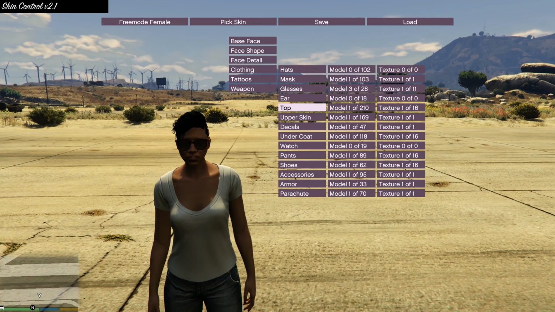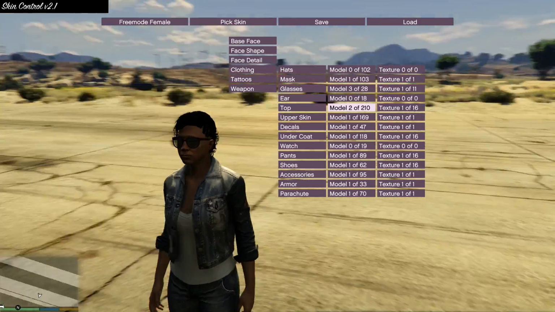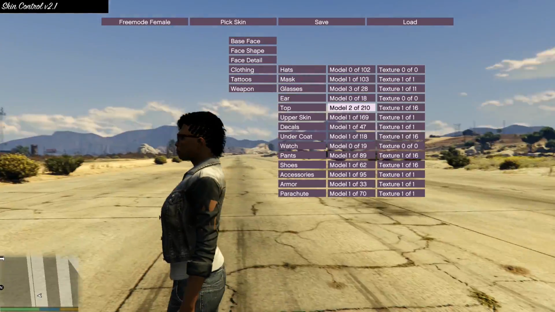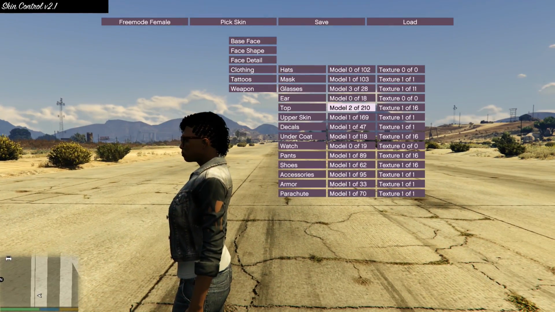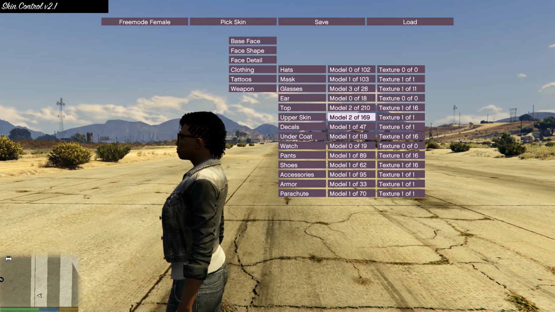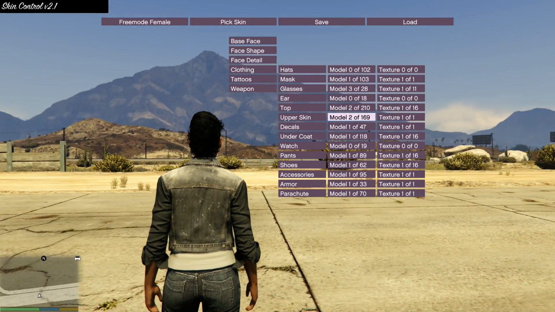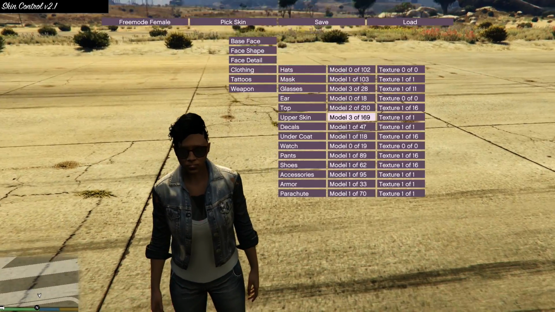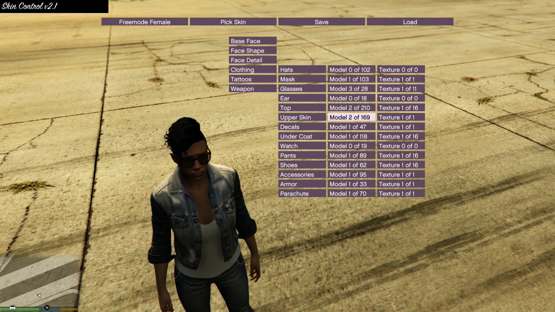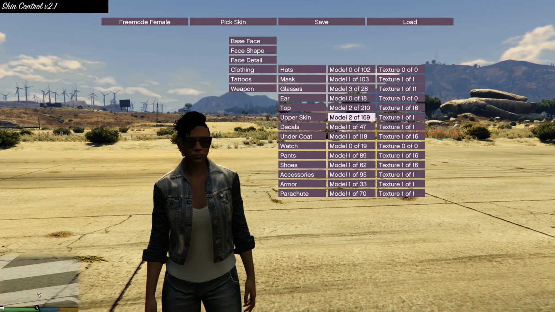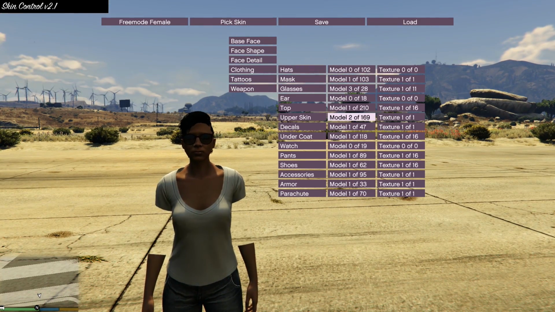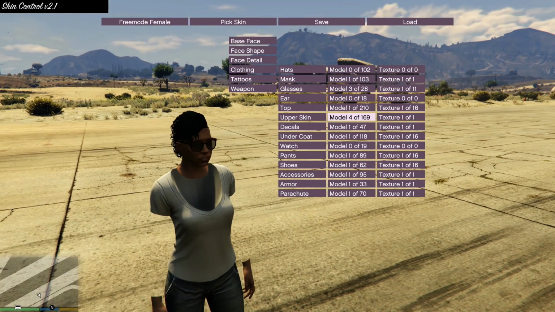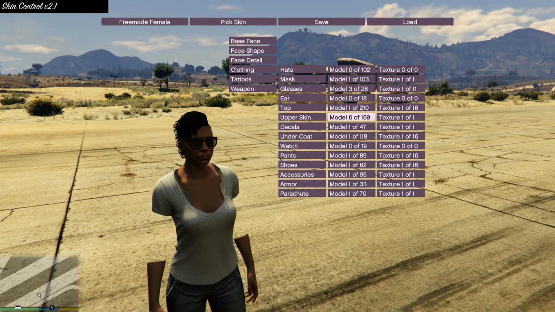Also, if you pick clothes for the upper body, you will notice that sometimes the skin glitches through the shirt or hoodie. That is because the upper skin right here doesn't fit the type of clothes you've picked. This depends on how much skin the piece of clothing is meant to reveal. Everything below is actually invisible. So if your character wears a regular shirt, the chest area is actually invisible. If you wear a long sleeve, the arms are invisible too. That way you avoid skin glitching through the fabric.